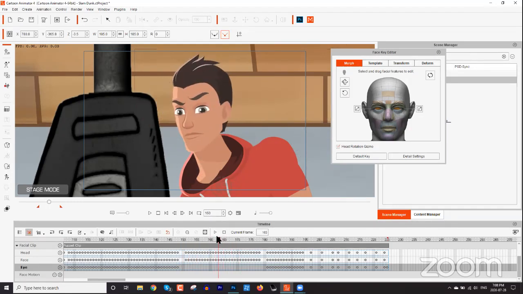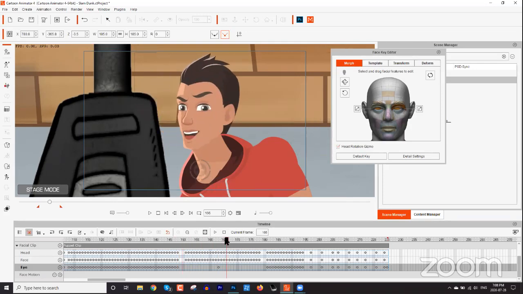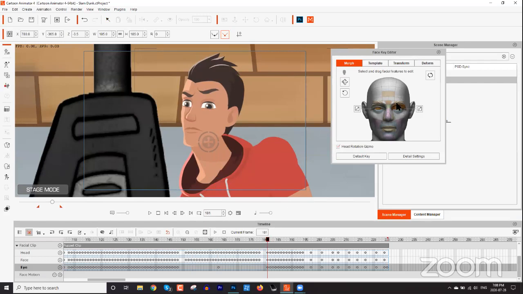If we want eye movement to happen, if I take those eyes and move them over here, boom, it adds a keyframe there in the eye track. So here to here, if we want to maintain eye contact with the audience, from here he's looking at the audience. Here he's also looking at the audience. And maybe here we want it to be a little bit more